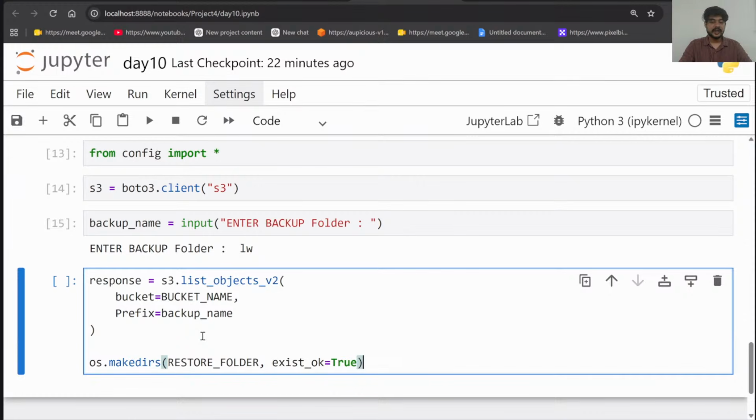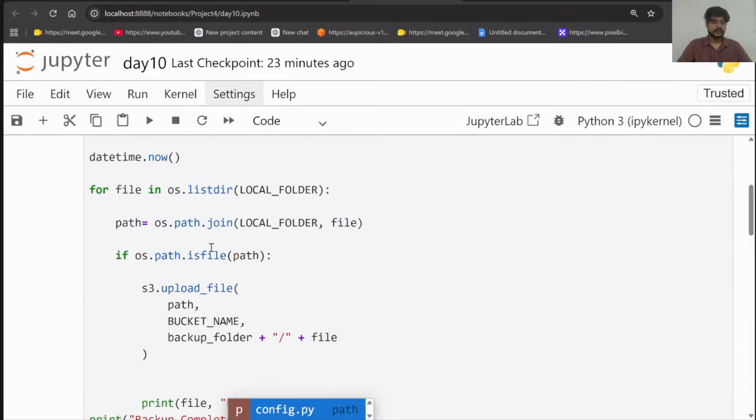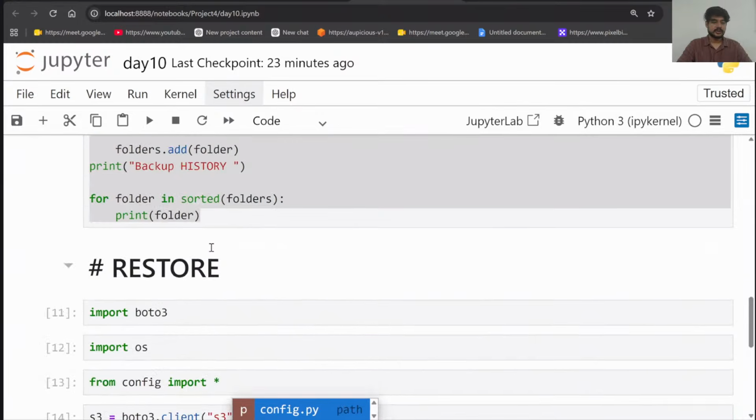This folder should exist in my system. Now once this exists, do one thing for all the items inside the response, and here I am getting the values. So inside the response, whatever values we have inside the contents, you know, where it is, response.